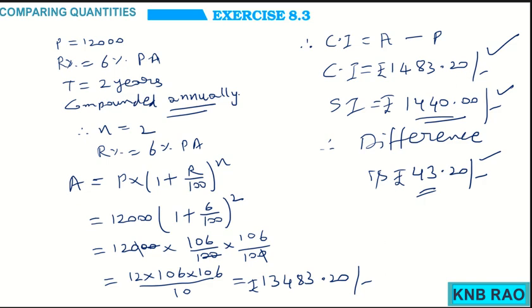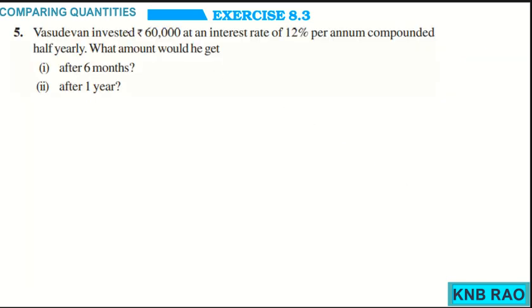Now coming to question number 5. In question number 5, Vasudevan invested 60,000 at an interest rate of 12% per annum, compounded half yearly. What amount would he get after 6 months? That means after the first half year, and after 1 year, that means after 2 conversion periods. Now children, here the principal is 60,000,